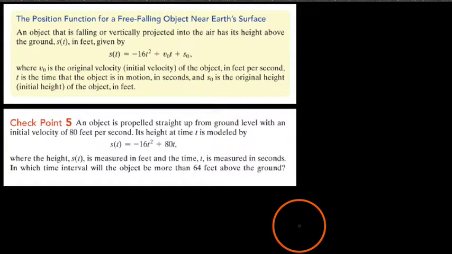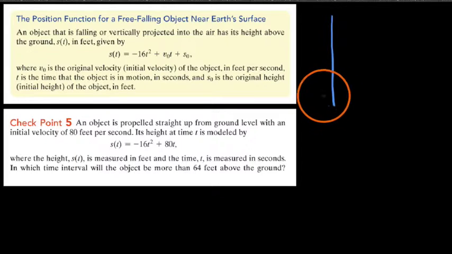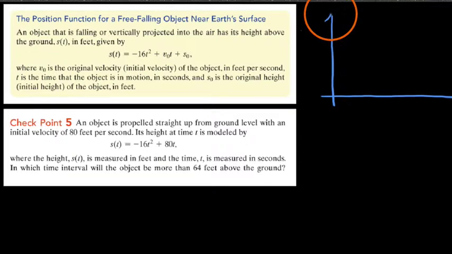Okay, in this video we're going to look at an application of a polynomial inequality in which we are exploring the position function for a free-falling object near Earth's surface. So essentially what we know is when we launch things they go up and they come back down again. And so we have, as a matter of fact, a model that works very accurately for objects very near Earth's